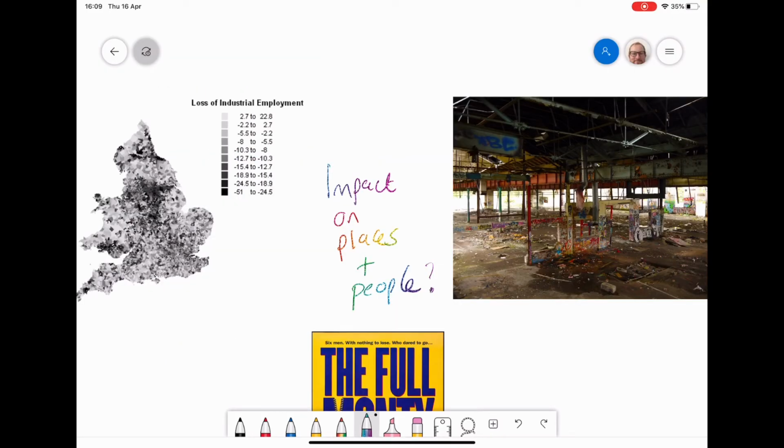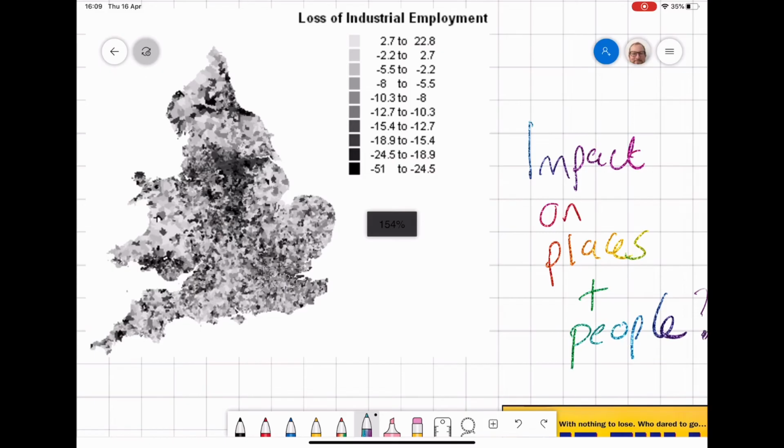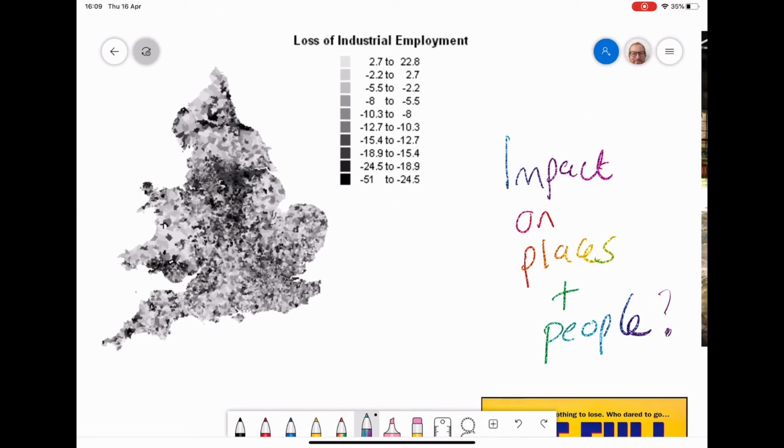Now we need to look into greater depth on how these changes in global patterns, economic change, actually affected places. So if we look at this map of the UK, we can see that the loss of industrial employment for some areas